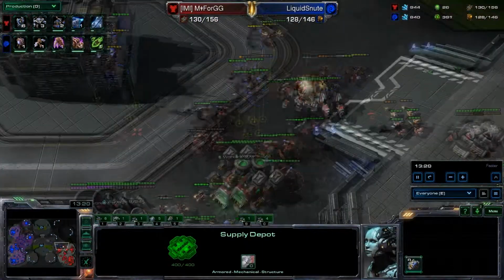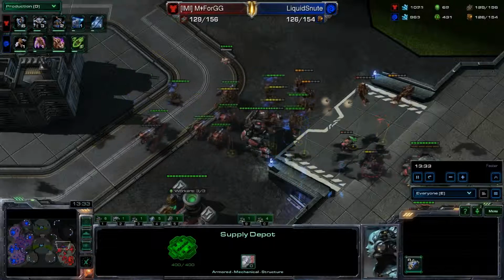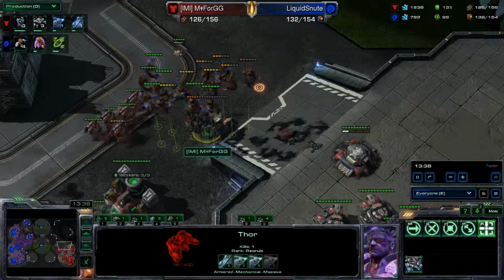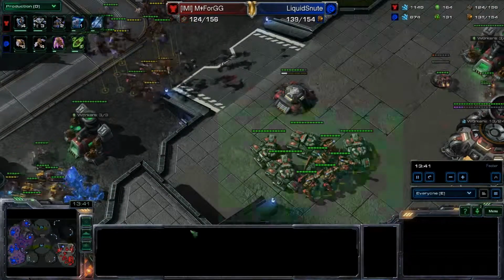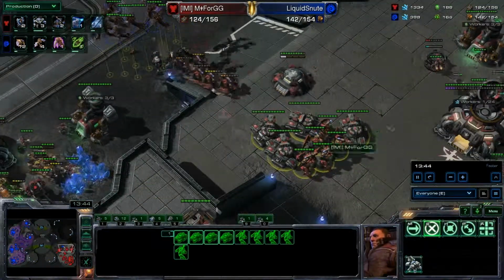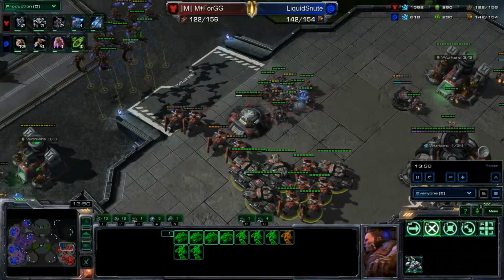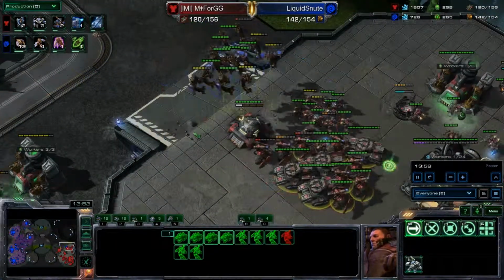And here we go, we've got an attack coming in now, and it looks like he's going to try and take out these Marines, and one of them gets inside the bunker, so he's going to start target firing this Thor. And a whole bunch of siege tanks here doing nothing. Generally, if you go mech, you only want to go siege tanks when you're being very aggressive. Siege tanks is a very aggressive way of going about things. But